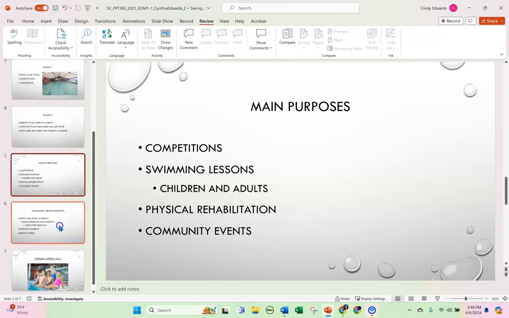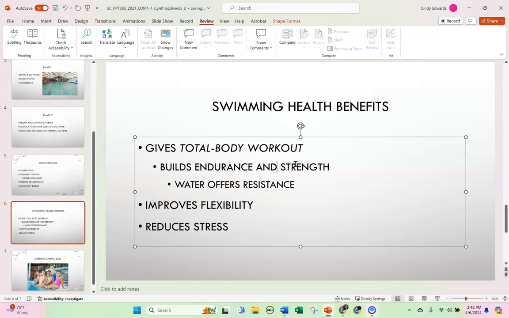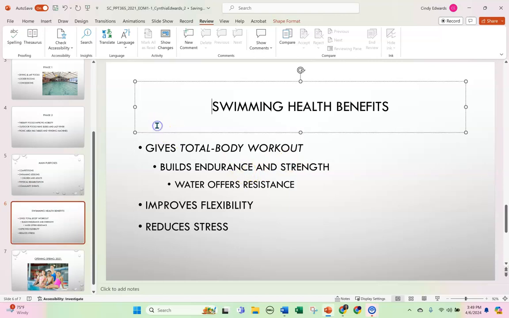Okay, what slide had that on there? Okay, here is a typo. Builds endurance and strength. It fixed this, but it did not fix this. And I saw that. I don't know why spelling didn't catch it. So I'm going to go ahead and fix that so we don't have that issue. In slide